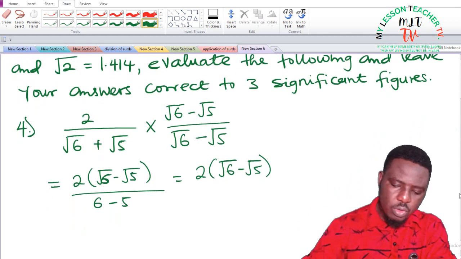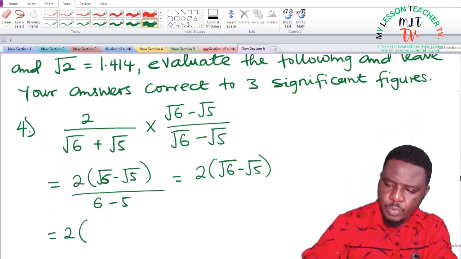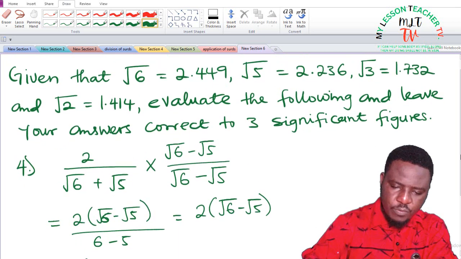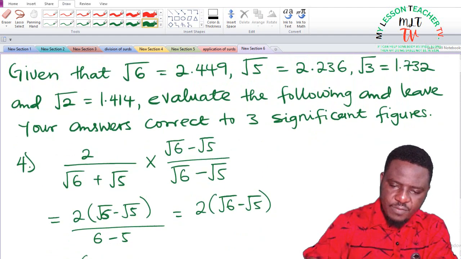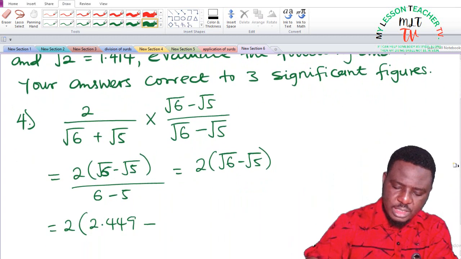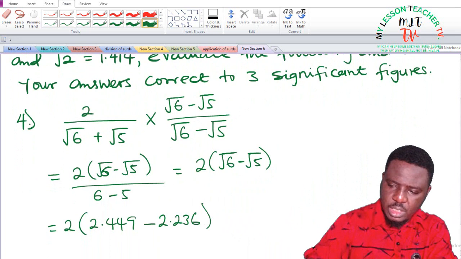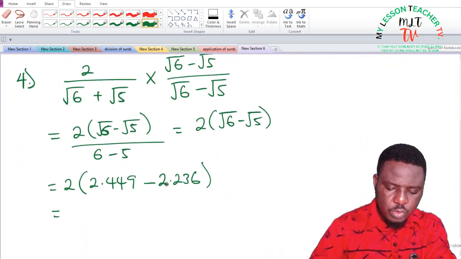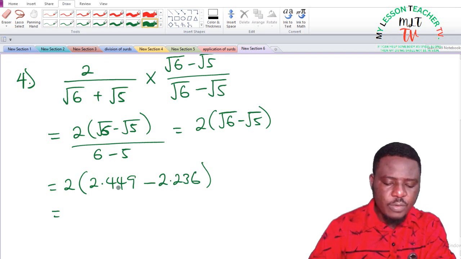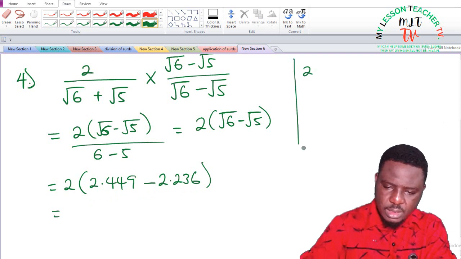So we shall substitute now. This is equal to 2 into root 6 is said to be 2.449. So we have 2 times 2.449 minus root 5 is given to be 2.236. You then subtract 2.236 from 2.449 before you multiply by 2. And when you do that, you may have something like this: